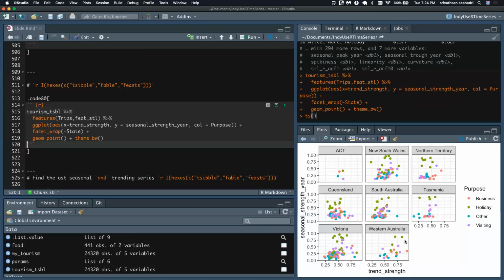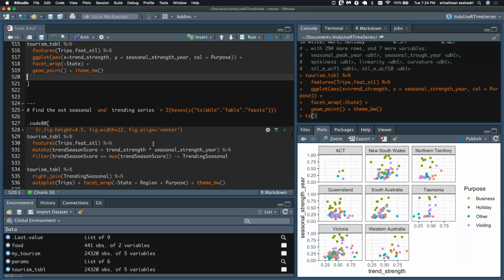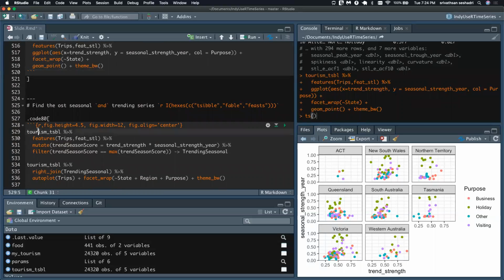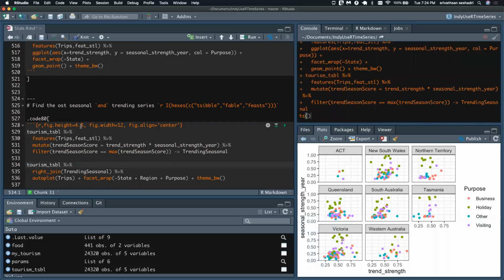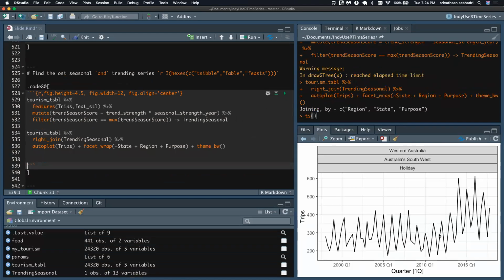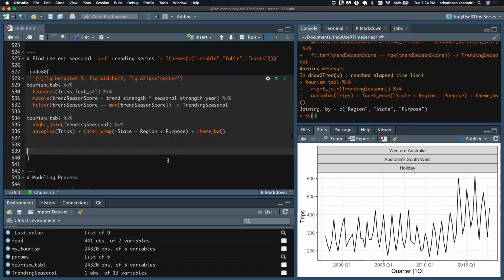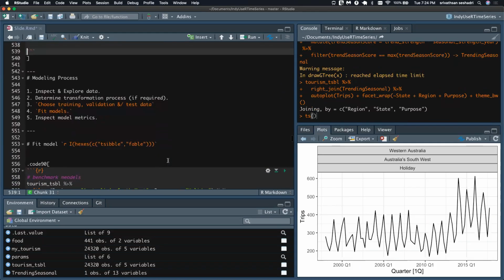Now I can plot them just using the ggplot grammar. Now I can say, hey, look at these 2 data points right here. Western Australia, this is high on trend and high on seasonality. Oh, that is something that is interesting. Now you can filter that particular data. I'm going to rush a little bit here. By filtering that, you can see what that data is. Okay. You have seasonality and there's this little trend that it captured.